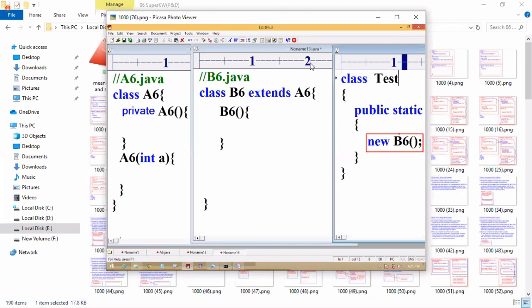Still you have an error. How to solve this error? In the subclass constructor, you have to place super of 5 explicitly, then the problem is solved.